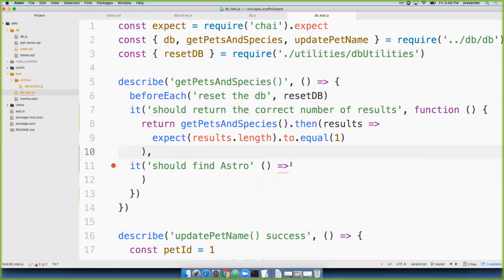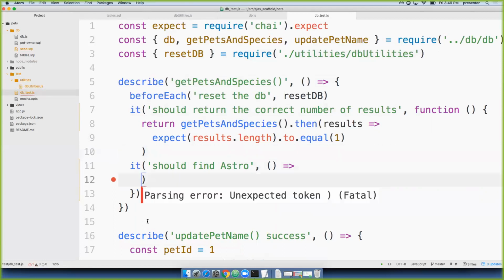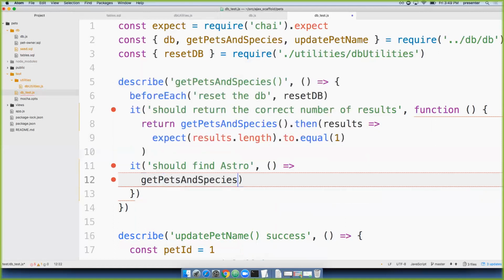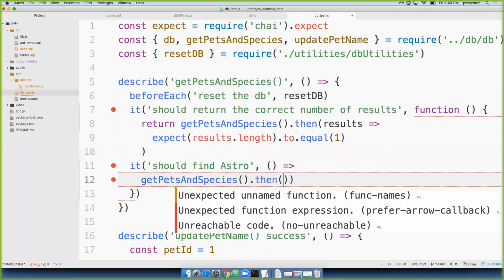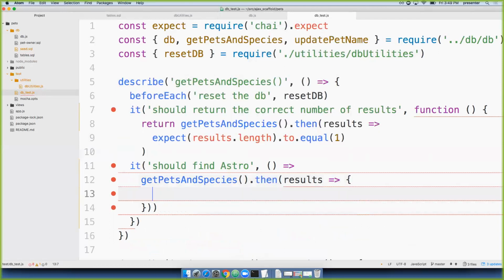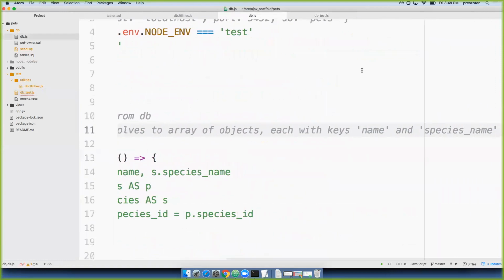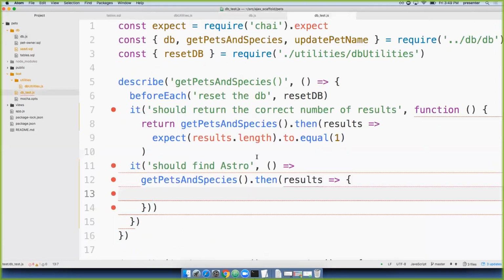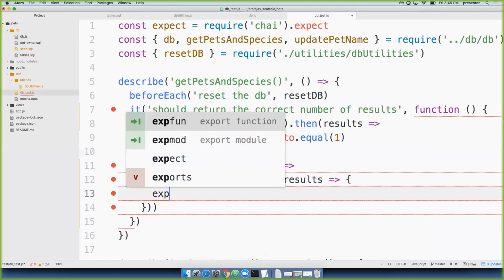Okay. So it should find Astro. I'm going to do a getPetsAndSpecies, then results. And results was an array of objects, each with keys name and species name. So I'm going to expect,